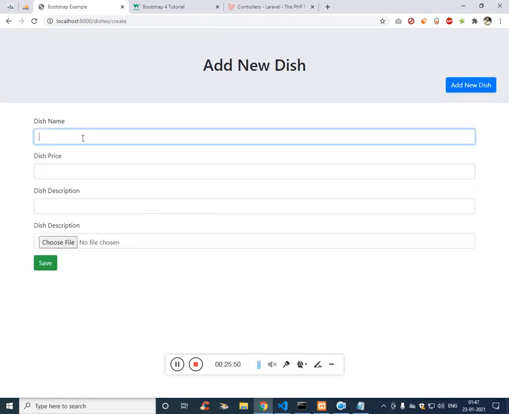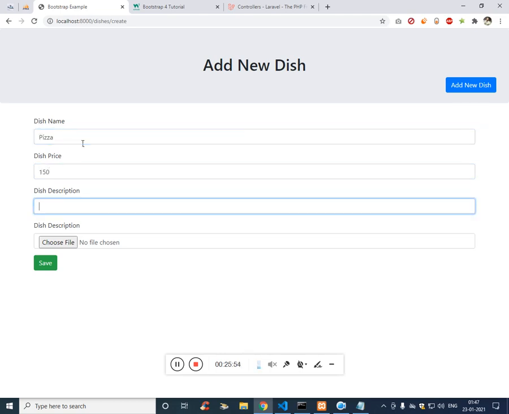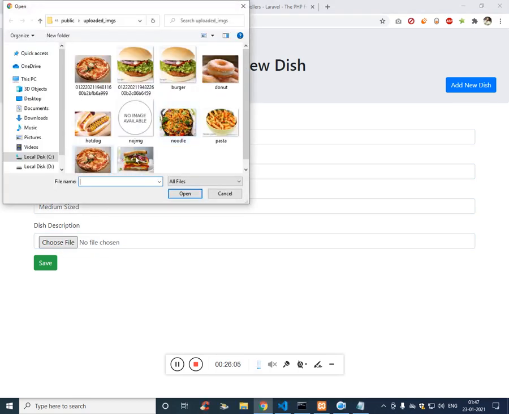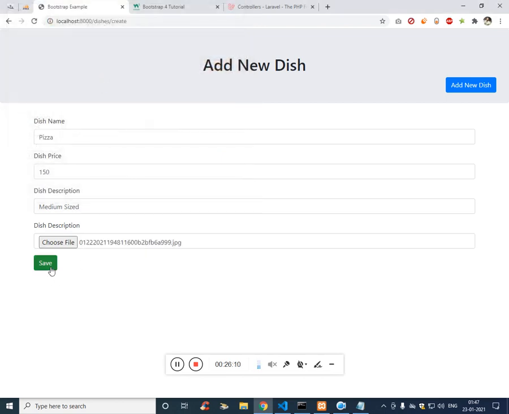Now let's try to insert pizza, 150 rupees, medium sized, and if you wish to choose an image, you can choose anything. At present we have not written the code for inserting the values.